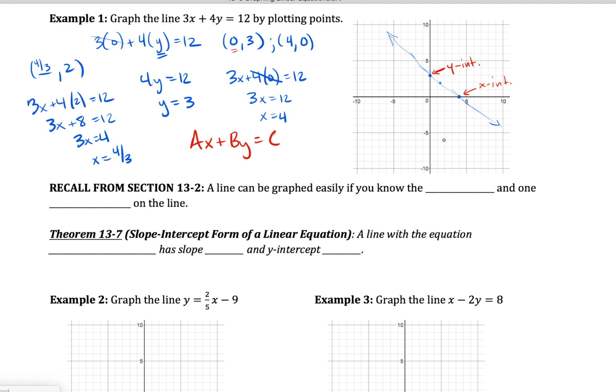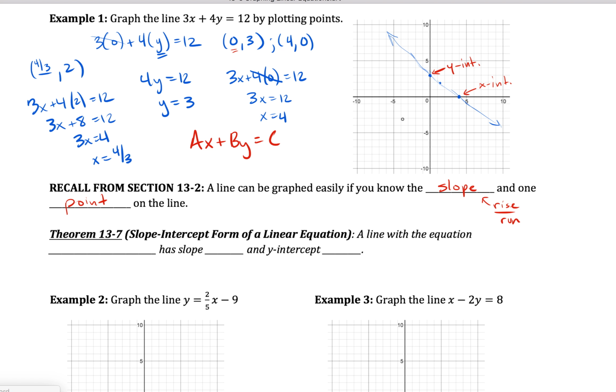Now that's one way to graph a line, just by plotting points, plotting the x-intercept and the y-intercept, or plotting any other points that you can figure out would be solutions to the equation that you're given. But if you remember back in section 13-2, when we were talking about slope, we learned that it's pretty easy to graph a line if you know the slope of the line and one point on the line, right? If you can start at a point and then use rise over run from the slope, you could put